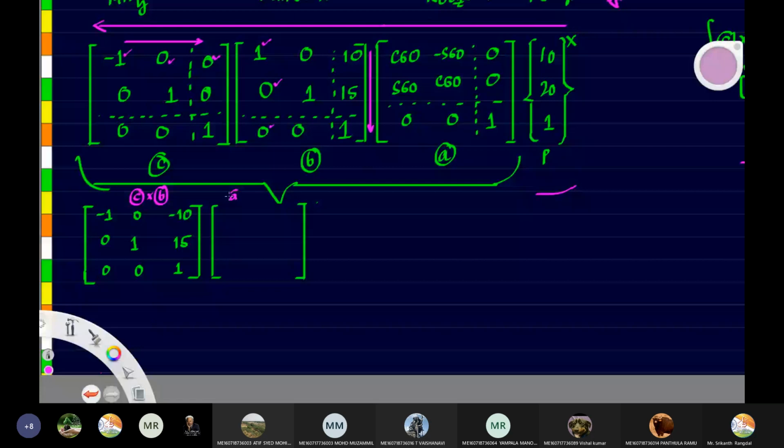Fine. So once again, we'll have to start the same way. We have to take this way and multiply this way. Okay. And we will not get a 3 by 3 matrix. We will actually get a column matrix here. Okay. So C60, what is C60? C60 is nothing but cos of 60. Cos of 60, what do we get? 0.5.